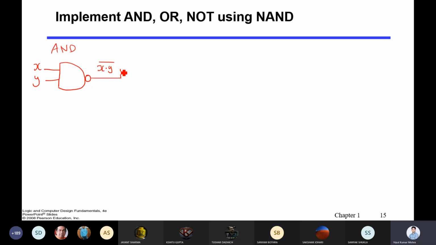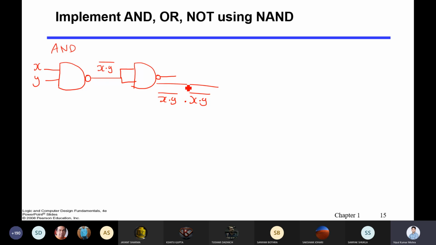Now what next will you do? You will pass this to both inputs of another NAND and take the complement. So let me write it: X dot Y bar dot X dot Y bar, and the whole bar.